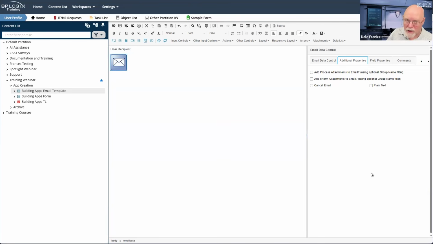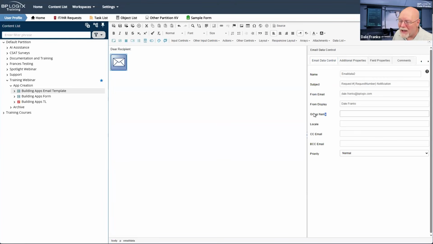I run across customers that do this routinely. I've run across customers who never do it at all. This is one of those optional things. But if you want to send them any document attachments, then you need to add the process attachments. Now, this is where the group name comes in, where I might only want to send them some of the attachments and only the attachments in a specific group.